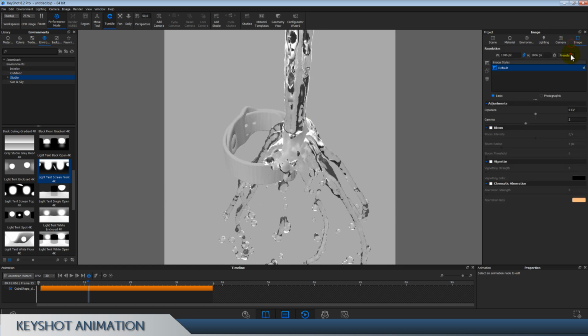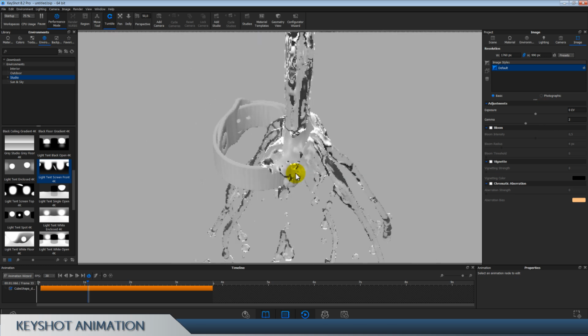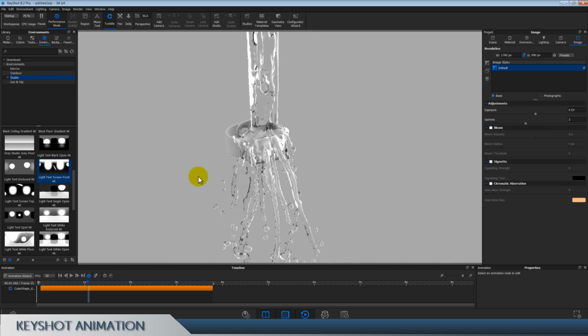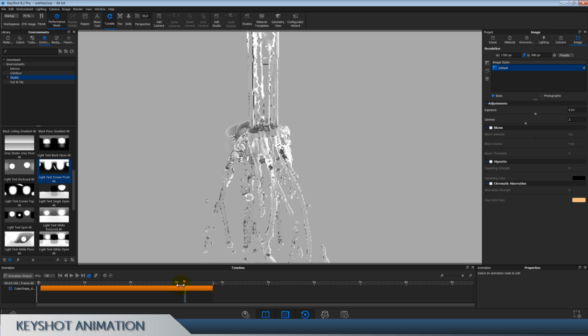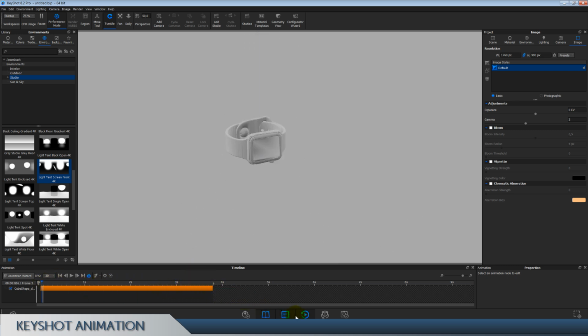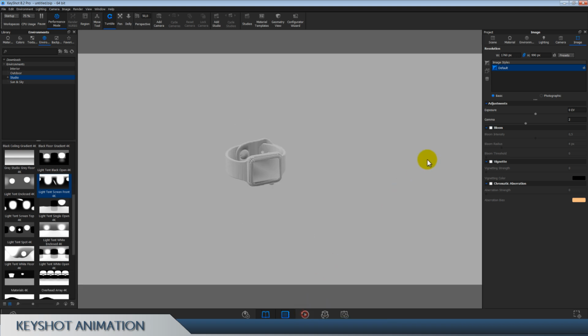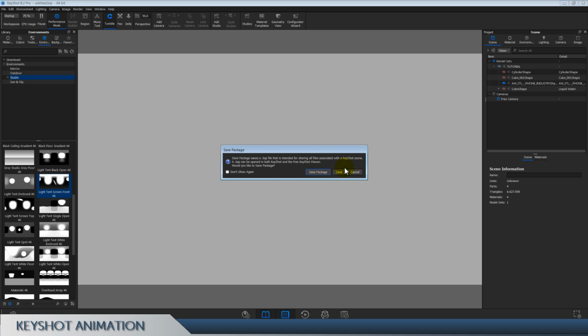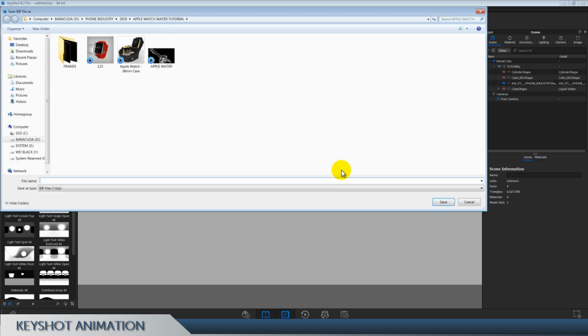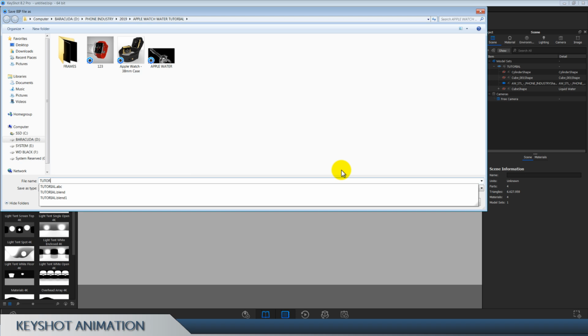I'm also gonna switch to full HD resolution right here, and yeah, at the moment it looks really good. I'm gonna switch off animation. Let's take care of the watch. Right now we need to add some materials, so hide the water, it's right here. Save the KSP file, tutorial,